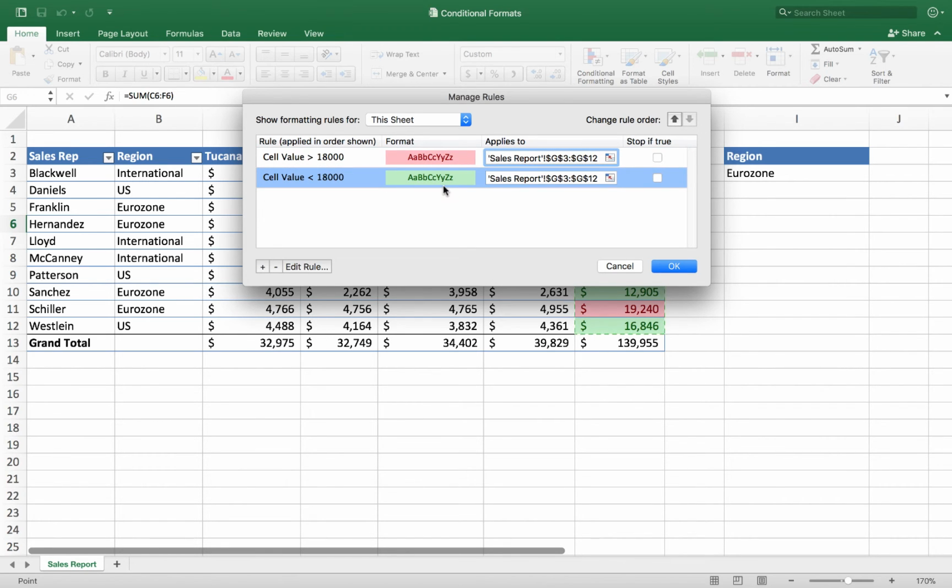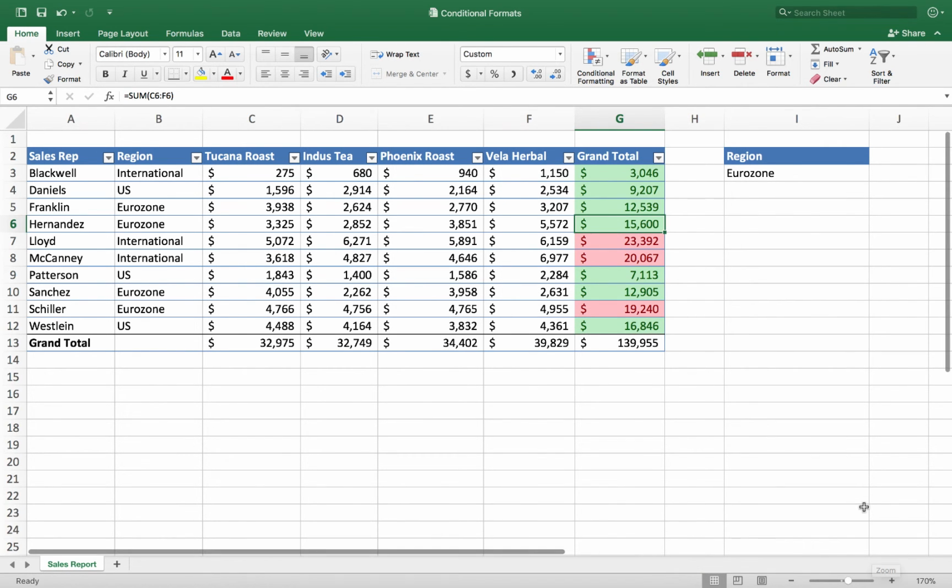And then sometimes you might have more than one rule that applies to the same data, and there's an option here over on the right, stop if true. So I can say, if this rule is true, don't evaluate the rest of the rules, just stop evaluating right there. So you can turn that stop if true on. Those are a couple of other subtle things that you can do to fine-tune the conditional formatting rules for your data. I'm going to go ahead and just cancel out of here for right now.